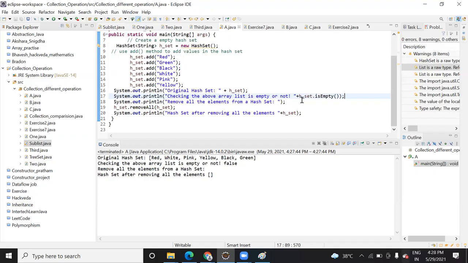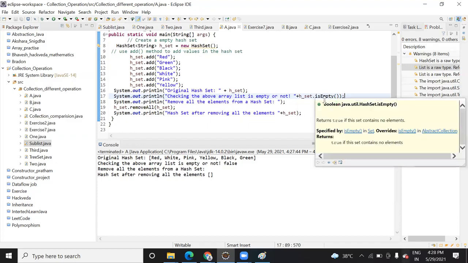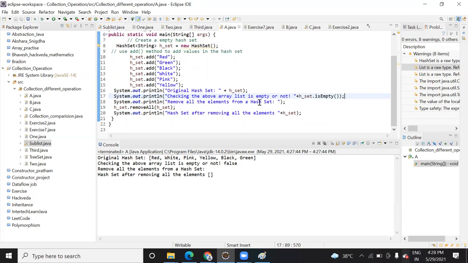You can check it with an if condition or while condition by placing this isEmpty condition inside. If it is true, then you don't need to do any operation. If it is not empty, then you can add an element, like hash set add. So this is one more method.